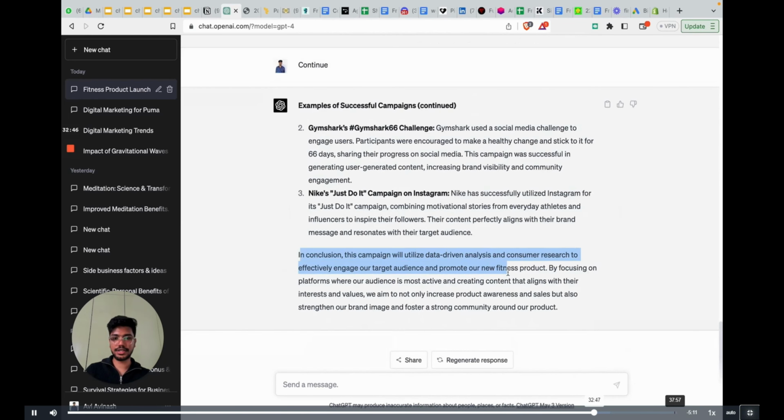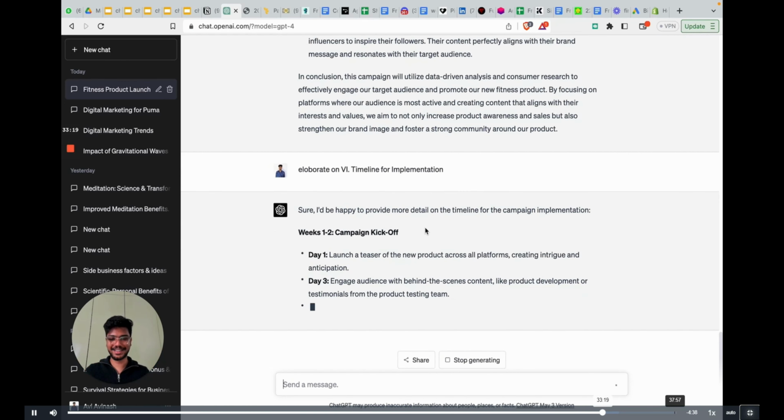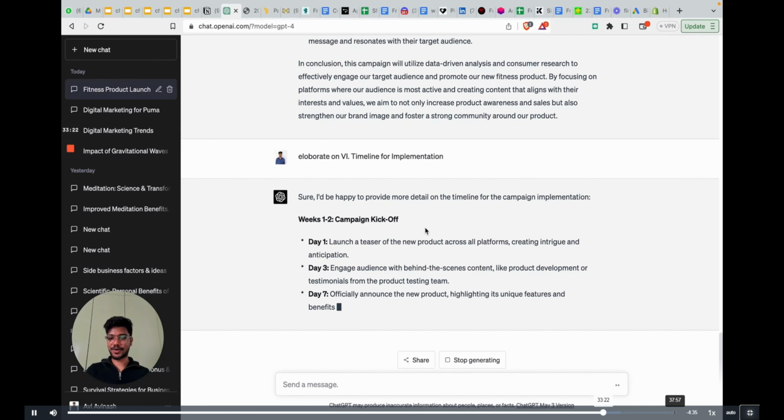It's giving a day-by-day plan, day 1, day 3, oh god, this is just very nice. So wherever a day-wise plan is needed, it's giving a day-wise plan.